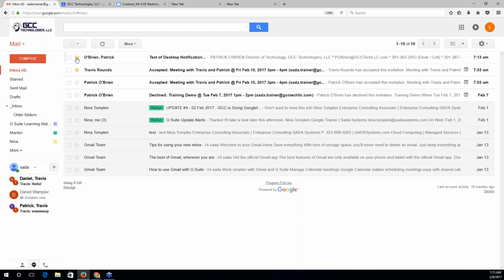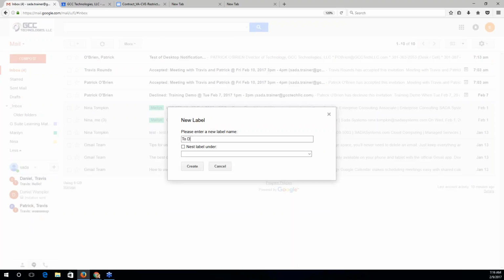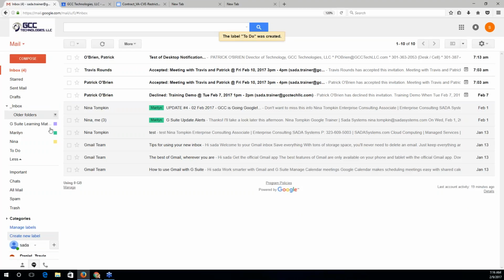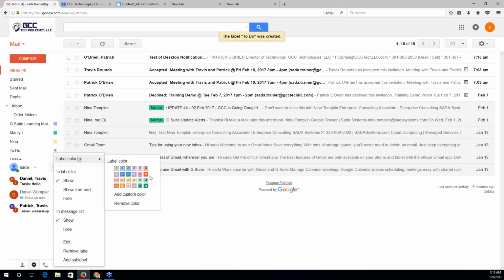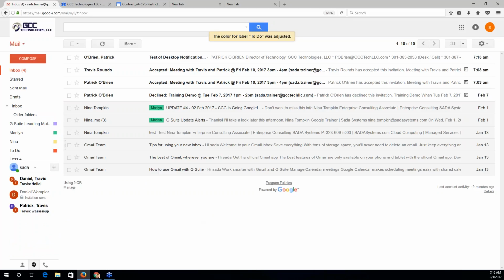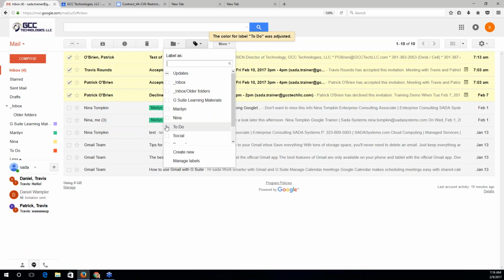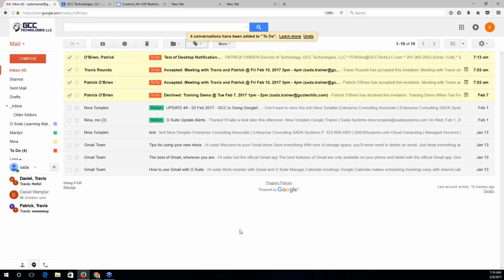But there are also many other options. For example, my personal method is to use labels. So I have a to-do label in my inbox. And as I go through the day, typically I color code this red to be brought to my attention. For instance, now I have 4 unread messages. I know that I can't get to them now, but if I wanted to later, I would apply the to-do label. And then I deselect them.